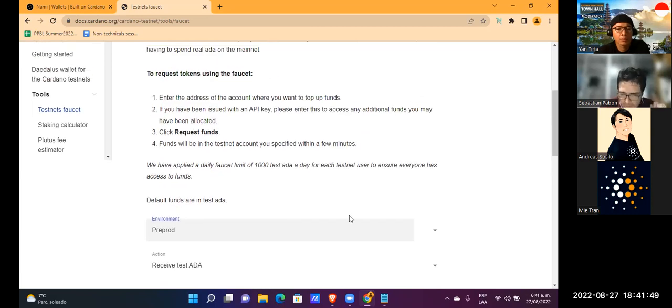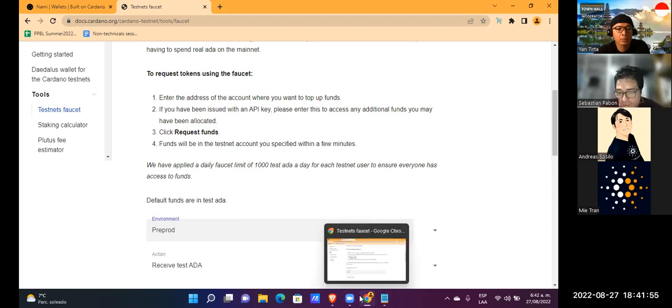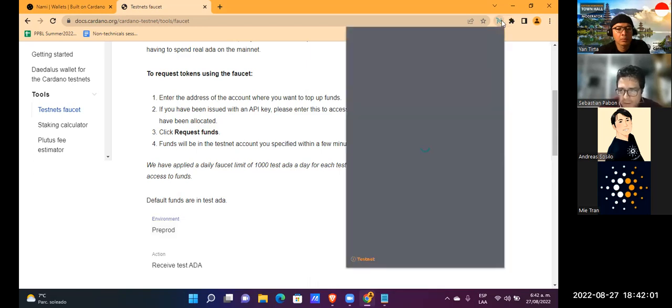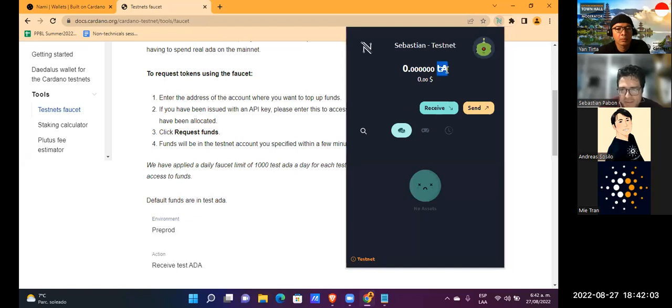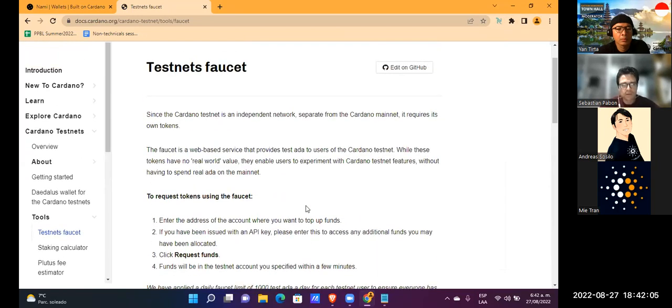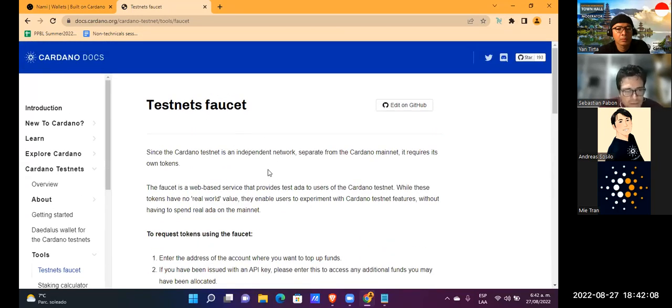But for the moment, the important thing to know is you need funds to operate in the blockchain. You need test ADAs, and the way to acquire those test ADAs is through a faucet.